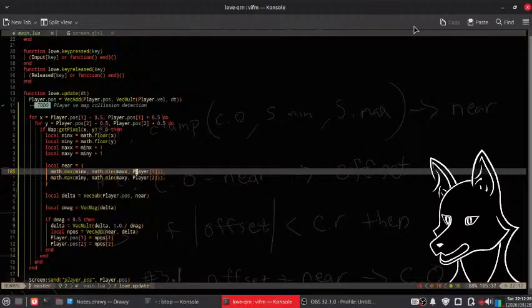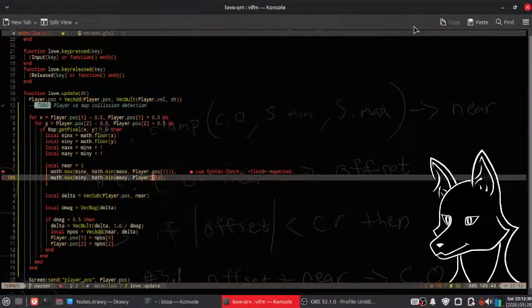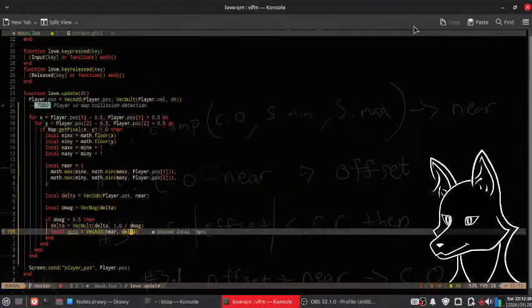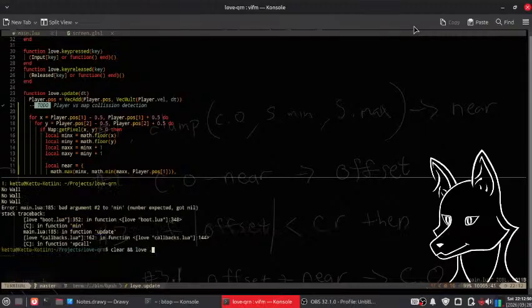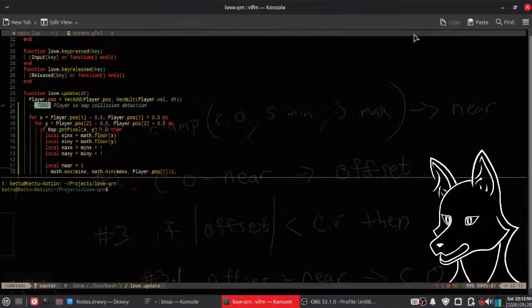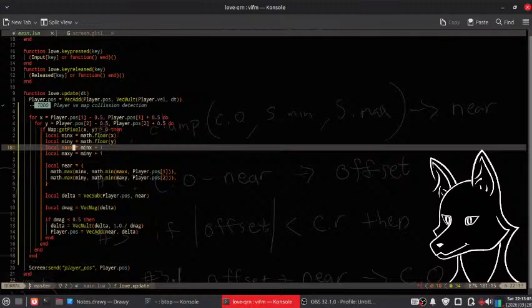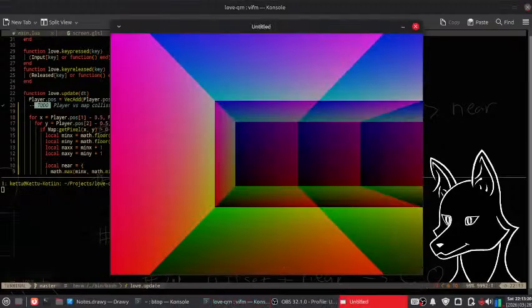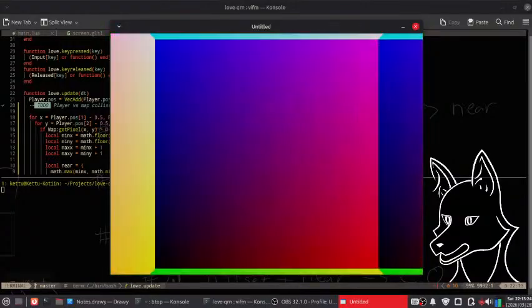Map.min 1. Oh shit. Is incorrect. Ah, right. Um, 0 point. And everything is